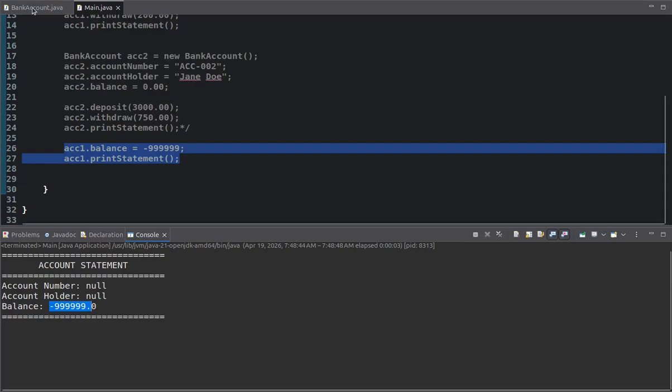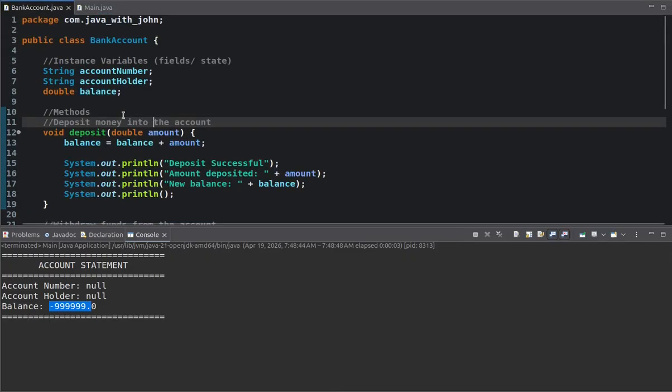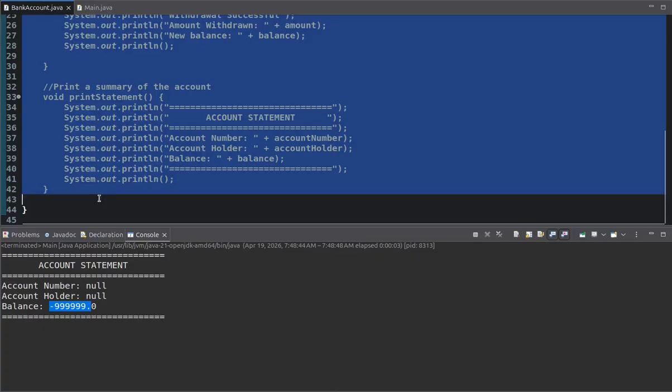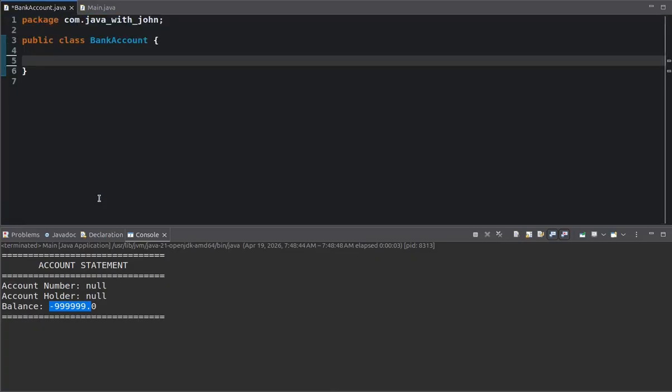And to make that impossible, the first thing that I would like us to do is get rid of everything that we had in the bank account class, because I want us to build it afresh. Now, with encapsulation, we've talked about having private fields. So that's the very first thing that we're going to do. We're going to create those private fields